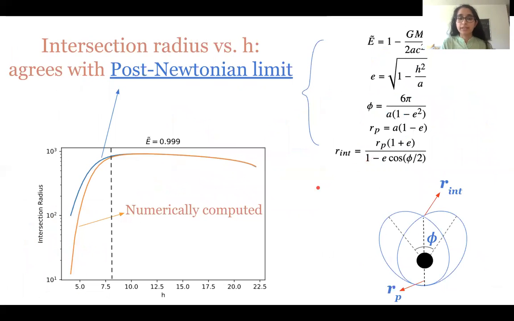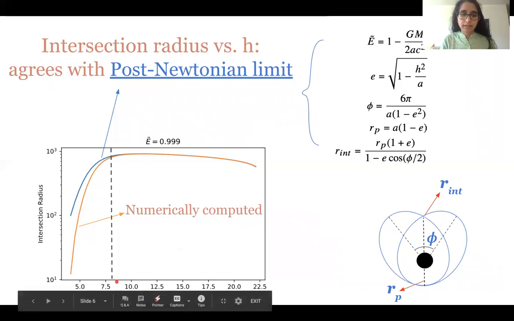Next, once we have the intersection point, we can vary the angular momentum h and see how the intersection point varies. This would be useful because we already know the answer for the post-Newtonian limit. The post-Newtonian limit is when h is greater than a certain value. And that's because for larger h, the orbits are much farther out from the black hole, and relativity does not